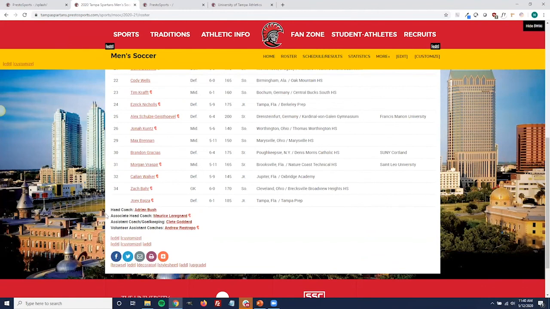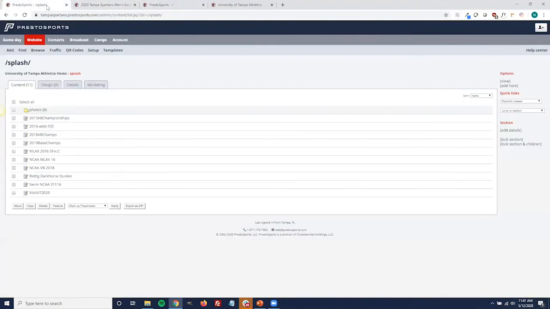Perfect, they do. So as you can see here, Tampa chooses to include the text down here under their roster, listing out the coaches, that then links to the coach's bio and everything like that. So the roster footer is something that needs to initially be set up